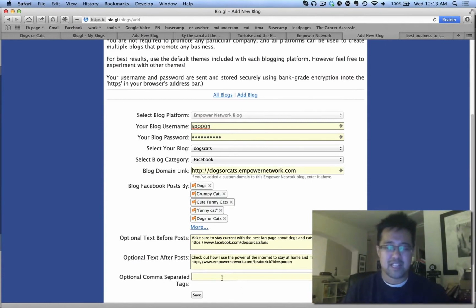Now, this is for tags, for more SEO stuff. I'm sure you can change it in the full-blown product. But for this one, dogs or cats, you can do research on these keywords, but I'm sure you can change it in the future. I just want to show you what this will do. Cats and dogs, dog fan pages. Okay, now once you hit save, it's over.